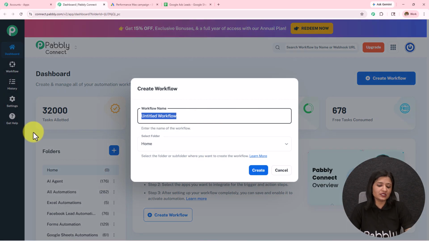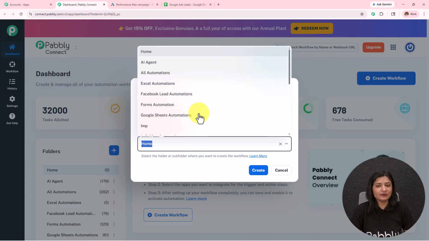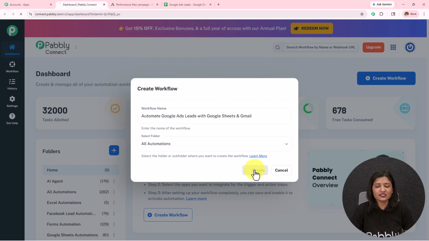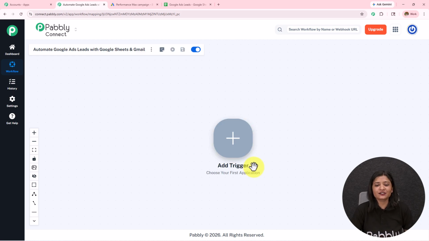I'll select this new beta and I have named this workflow automate Google Ads leads with Google Sheets and Gmail, and now I'm going to select the folder. These are the folders which have been created. I'm going to select it as all automation and then click on create. So here you will see the workflow will be created successfully, and as soon as I click on create, this box has appeared in front of me